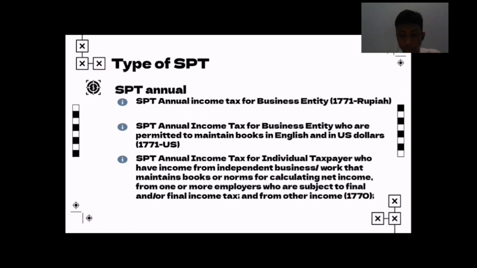And then the second one is annual SPT, namely SPT used for reporting annual. Annual SPT consists of, first one, annual SPT income tax for business entity. Second one is annual SPT income tax for business entity who are permitted to maintain books in English and in US dollars. The third one is annual SPT income tax for individual taxpayer who have